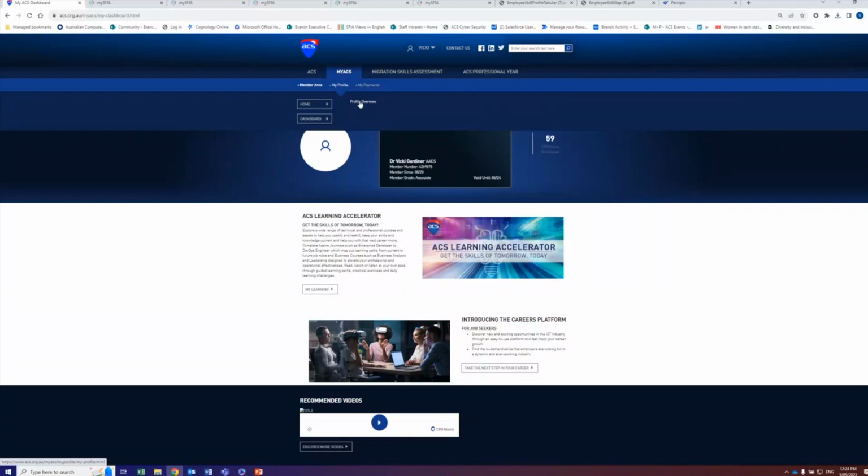So that's really useful there. The My Payments part is where you can go and pay for your renewing membership and for any concessional fee applications. So for retirement, for unemployment, or taking career breaks and such like that.